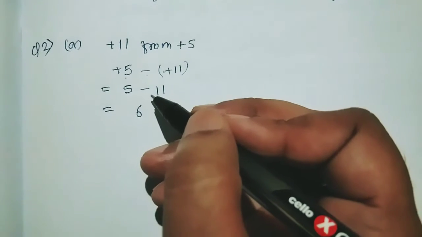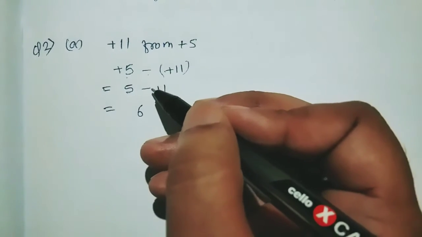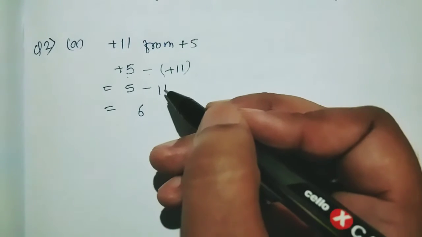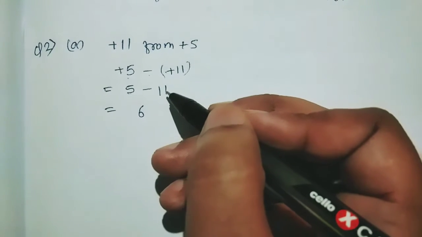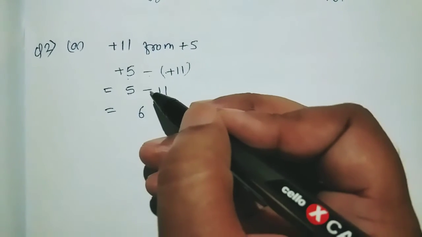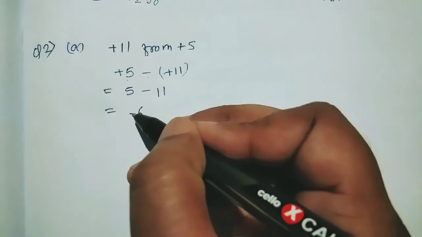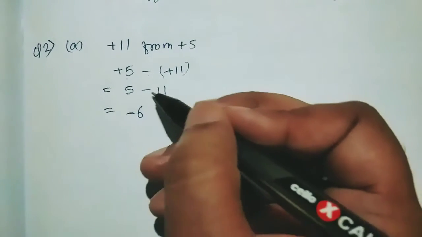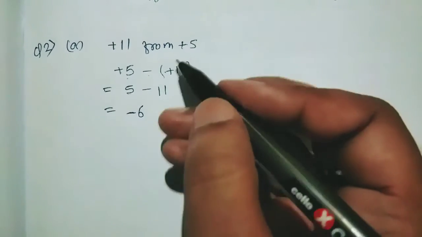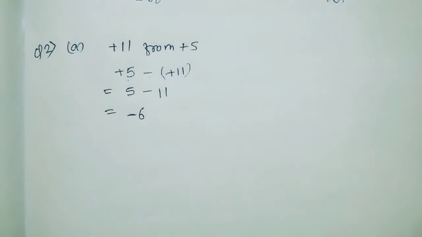Now the question arises, what will be the sign? So here the sign will be, what? The sign of the greater number. So greater number is what? 11. So here minus sign is there, so you will put here minus sign. The sign of the greater number is the sign in the answer. Okay, in this way you have to do the subtraction.